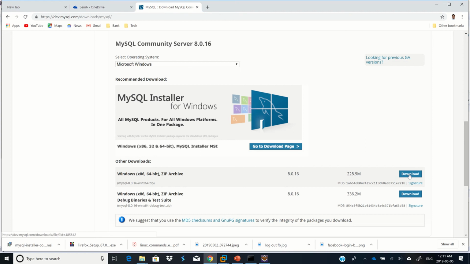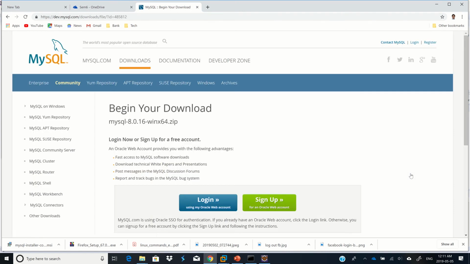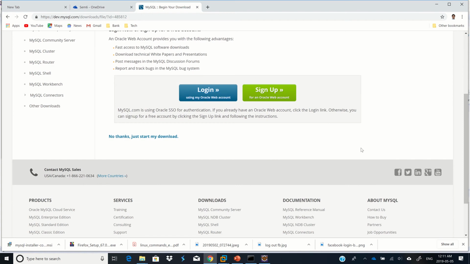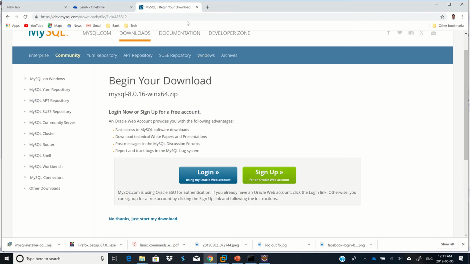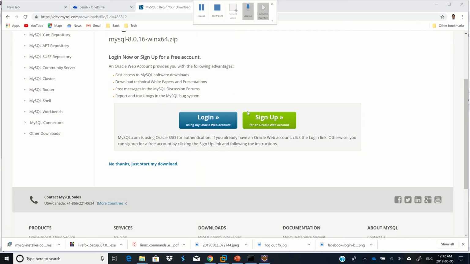So I will rather go with these things. Here it's asking me to sign up or log in. I say no thanks, just my download, and now it's connecting